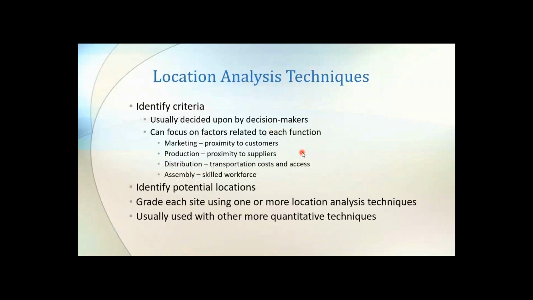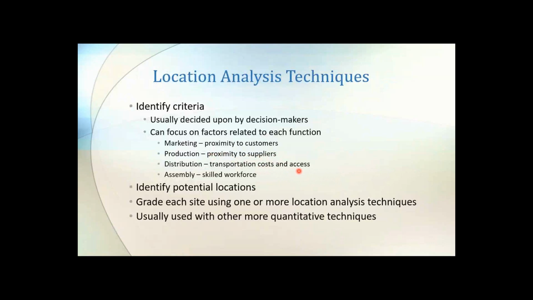In many cases, the criteria can be related to the functions. What I recommend, when I've done this myself, is I go to each function that has a stake in the decision and say, what is most important to you? So let's say the person went to marketing and said, what's important to you? The marketing professional might say, I need to make sure that we have proximity to customers. This is very important to me. And then production, proximity to suppliers, because we want to make sure that we can get materials as quickly as possible from our suppliers. The distribution section of the company might say, we need to look at transportation costs